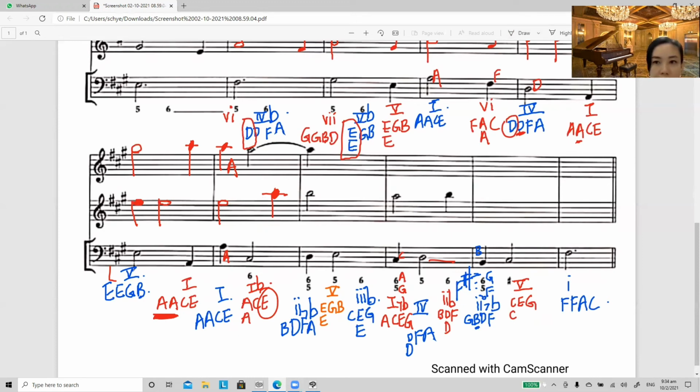Next bar, B, D, F, A. So you can see that they fill in the important notes B and A. When a chord has 4 notes, B, D, F, A, the first and last must be there. So B and A are there. Okay, so since there is